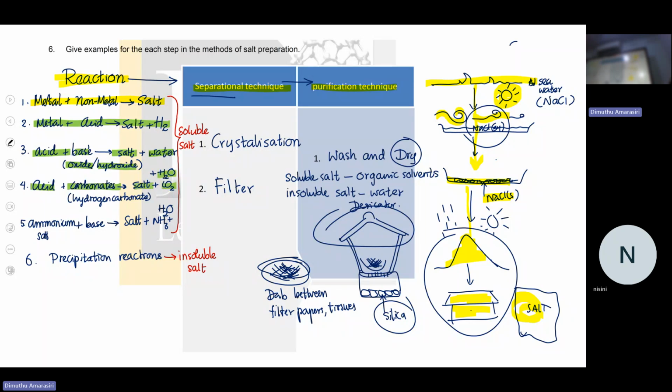A new one I'm introducing, the reactions of a base. When you react ammonium salt, you learned today they are acidic. When you react ammonium salt with base, they produce salt, ammonia, and water. So you should know basically these 5 reactions, especially these 3 reactions to prepare the salts. Is that clear? The first and fifth ones are not that important, but you know 2, 3, 4 are the ones that we practice a lot. Is that clear? But that is only to prepare soluble salt.